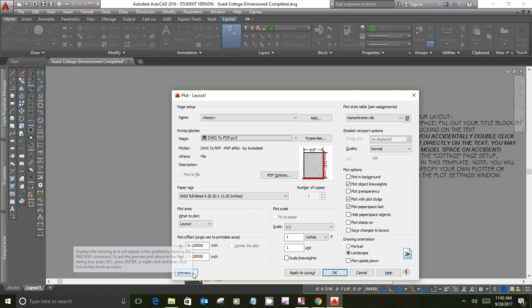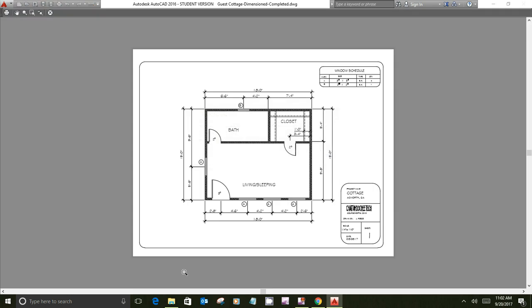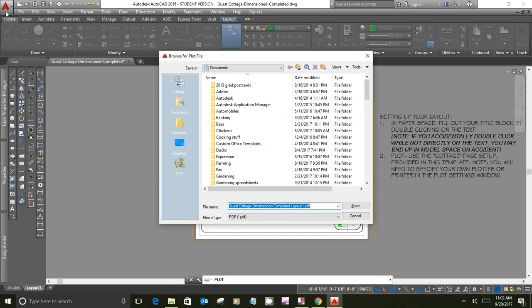Always before you print, always do a preview. And what we're looking for is our drawing centered, are the right layers turned on, or the right layers turned off. Okay, so you would not want to see any construction lines in printing, any of that background stuff from the model space border or the viewport. Okay, and then you go plot. You can plot here from the preview. You can go back to the screen, and we're going to plot it,